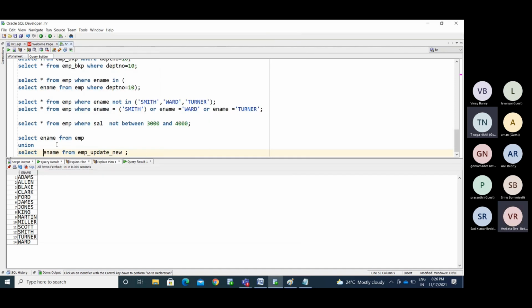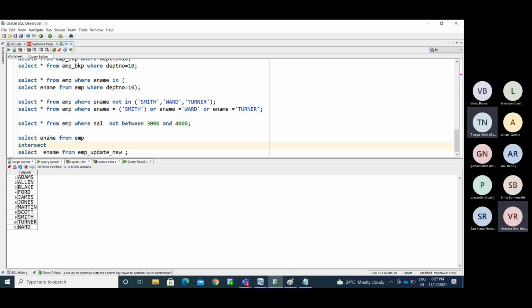So see, if I use union all, I will get 14 plus 11, 25. Okay, I said right. If I want to find the intersect of both names, 11 are the common ones.